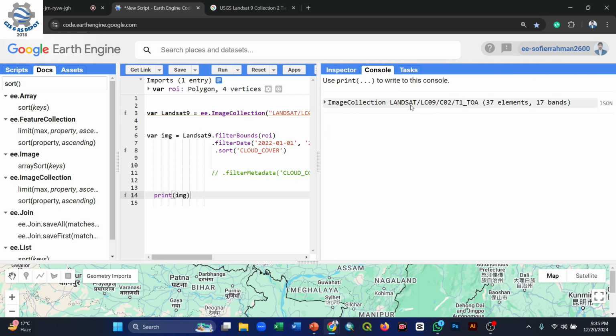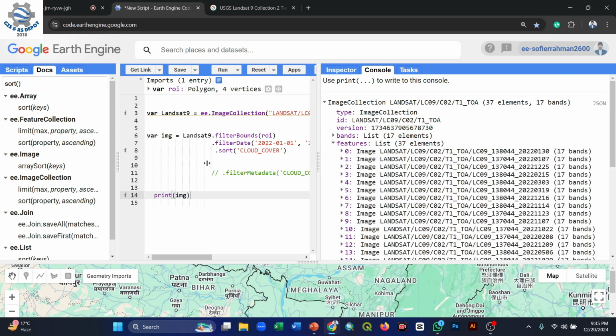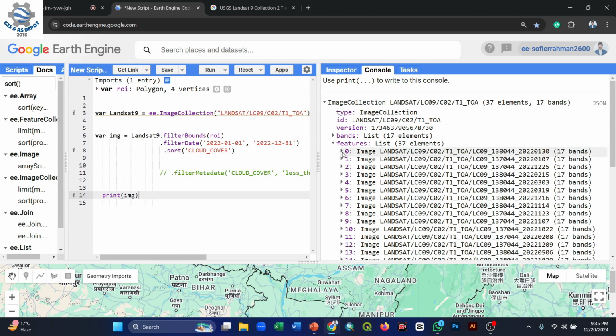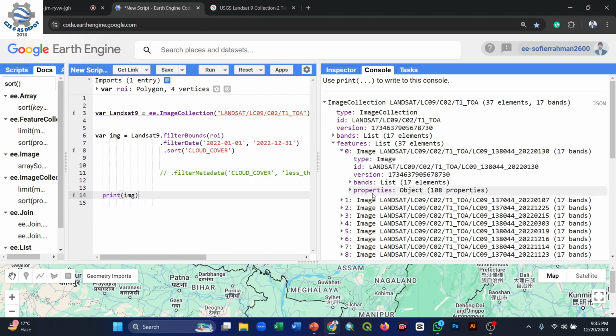You see here the total element is 37, and every image has 17 bands available. Now you see the list of the bands and also the list of the elements. Now we expand this feature, and you see the sort function, ascendingly, you easily see the total number of cloud cover history. Now you see the object, that means image